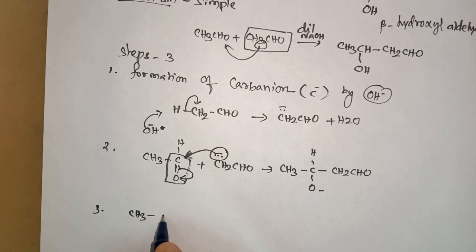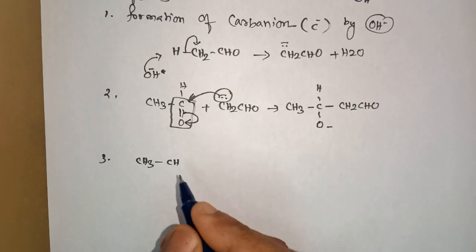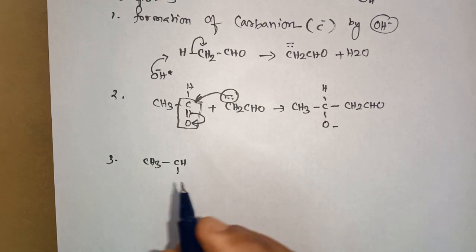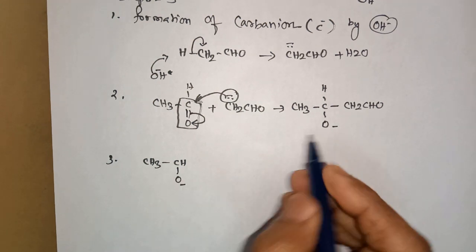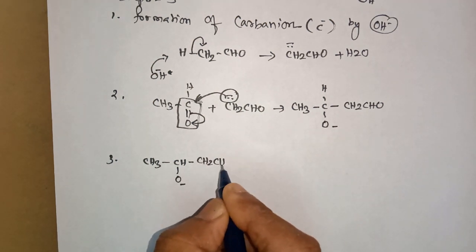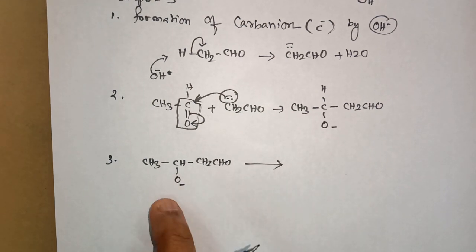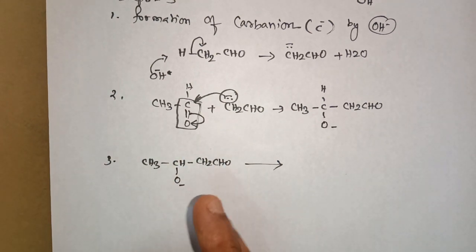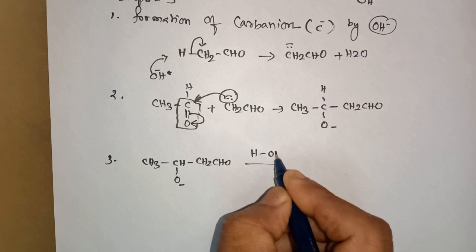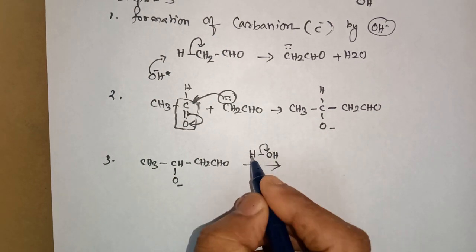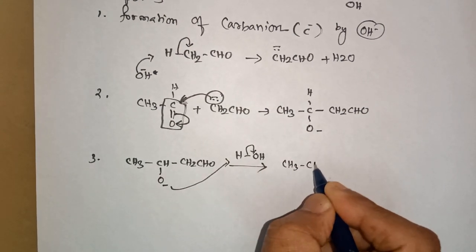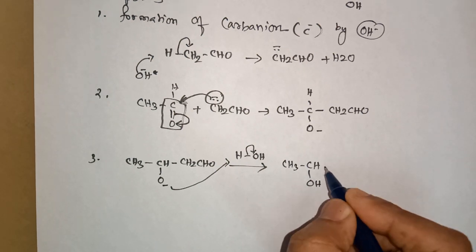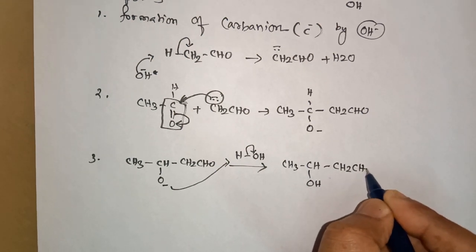So we get CH3 C H, I write like this, H single bond, CH3 CH, then here O minus, then CH2 CHO. It needs H plus. H plus is called proton. We are adding a proton to this, so this step is called protonation. That H plus it takes from water. Water I write like this, so it comes out in the form of H plus. This one makes a bond with this. Then I write CH3 CH, single bond, OH, single bond CH2 CHO.